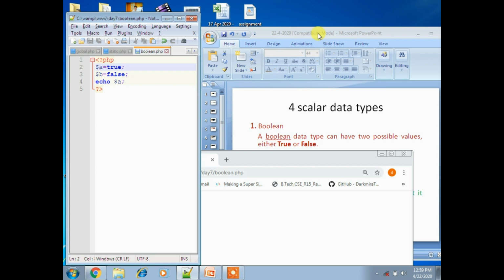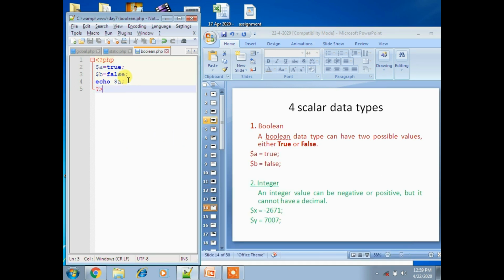Next, we will see one example for integer. I will take another example, like a equal to minus 2671, that is a negative value. Now I am inserting a positive value, 7007.